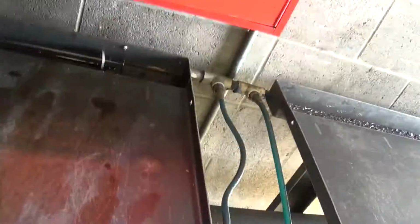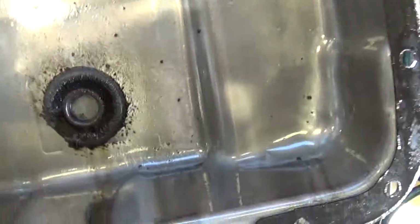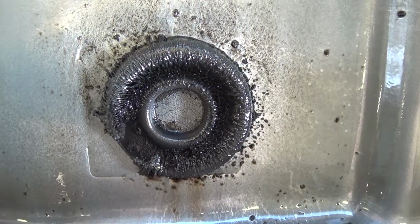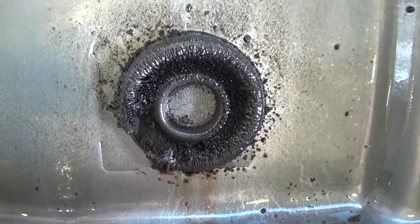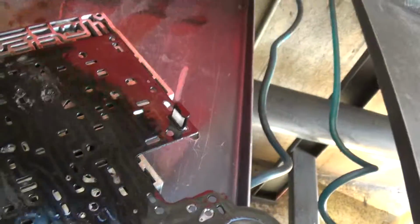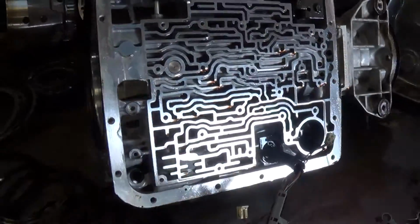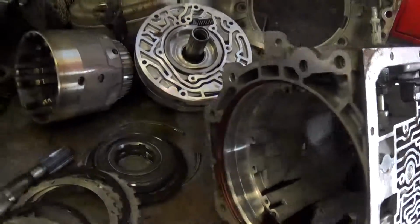This is the pan on the bottom of the transmission sump. You can see that magnet that's got all the metal, fine metal from the torque converter stuck to it, and that went through back to the system. Fluid acts as like liquid sandpaper at that point, and that's what created the damage and the failure inside the